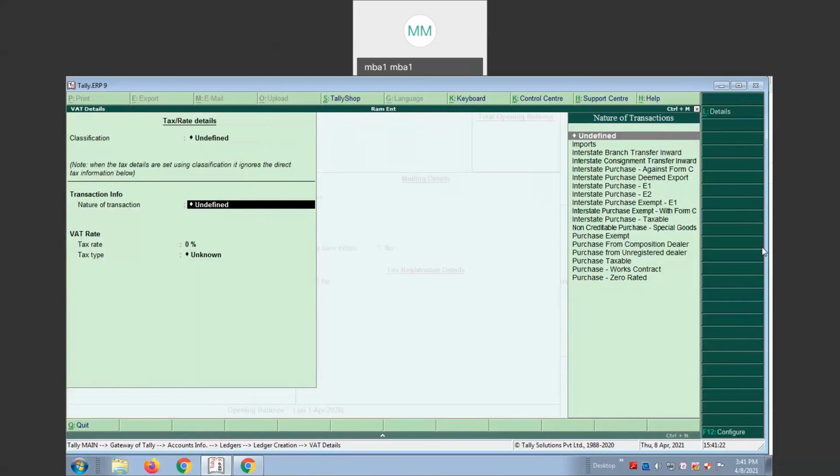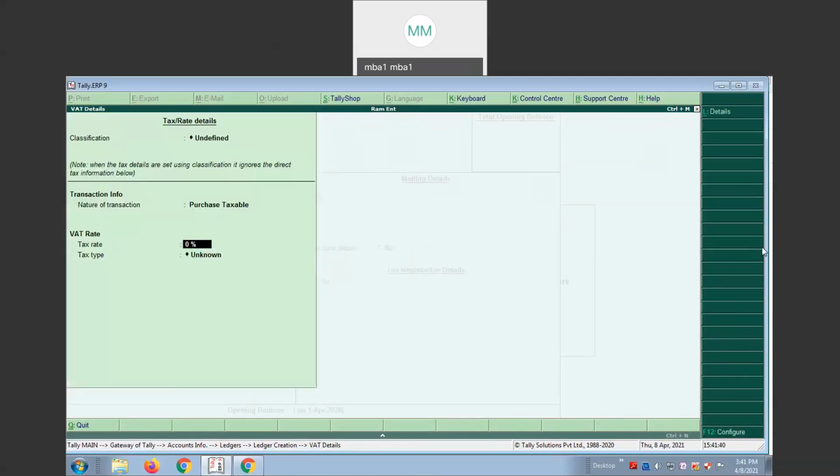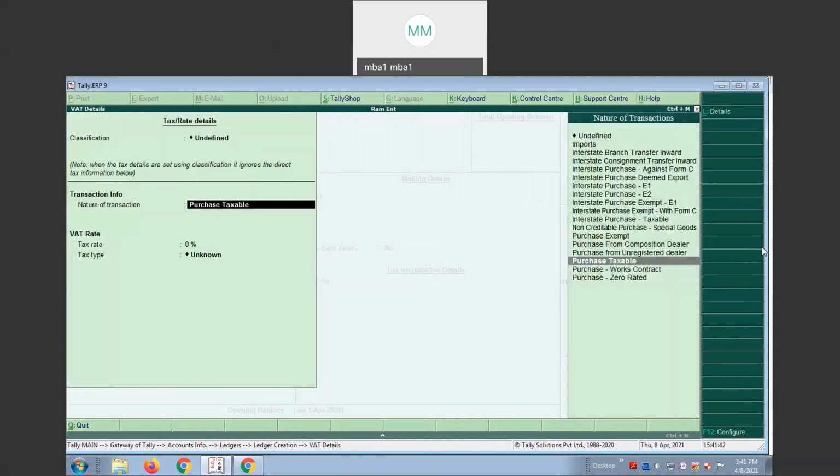While we are creating the purchase ledger, the product here is monitor. When you are purchasing the monitor, you need to pay tax on that, so this is taxable. You need to click on the purchase taxable option. Did you understand this point?